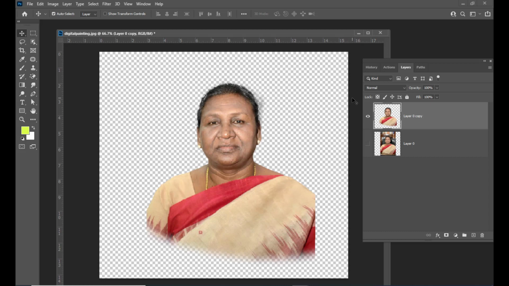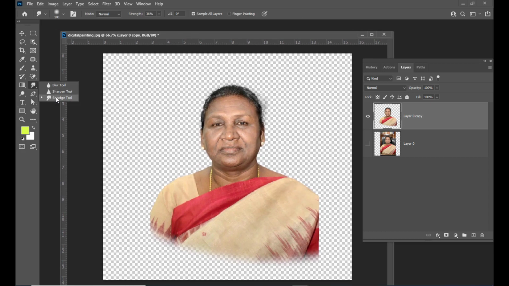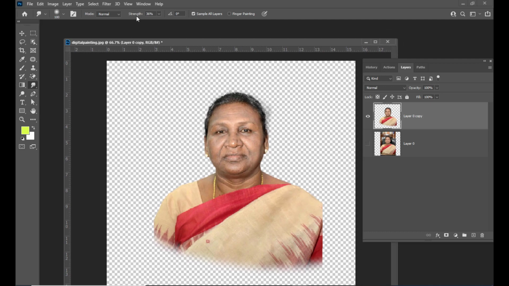digital painting. To start digital painting, here we can see the smudge tool. We need to select the smudge tool, and what the smudge tool will do is it will just stretch the areas. See, if I simply try to paint over her forehead, we can see how it is changing the part. We need to set the smudge strength as 36%, and